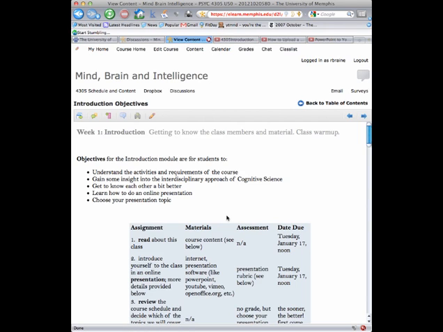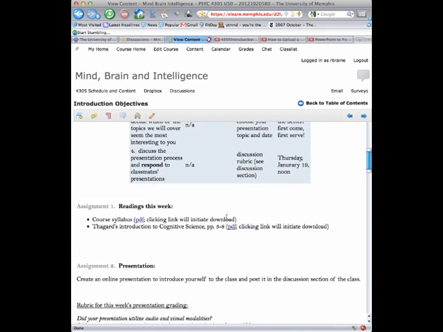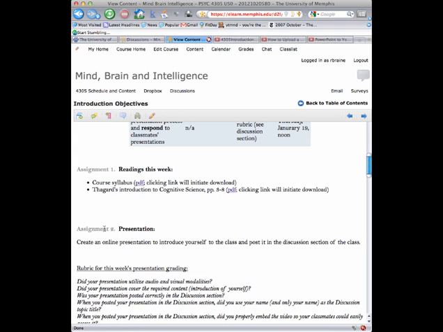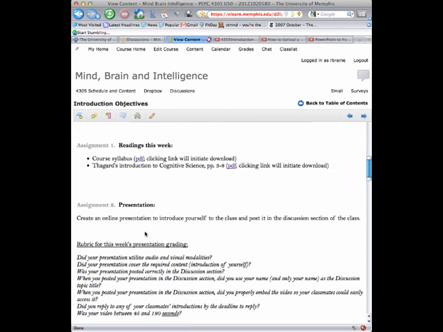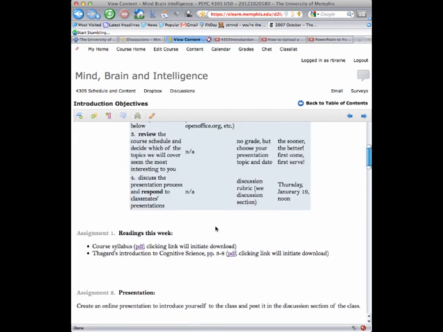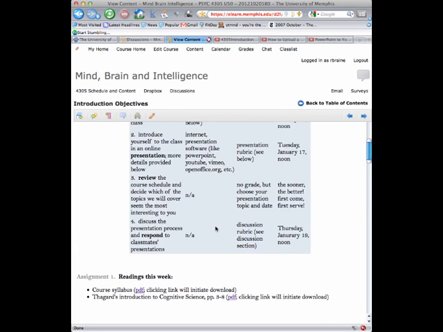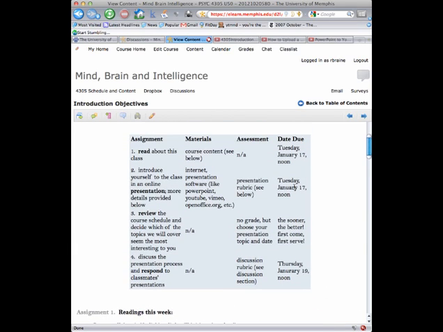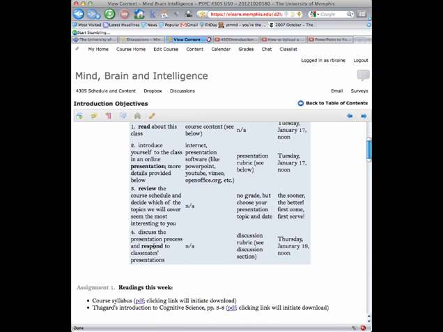Back to this week's page, you can see what we're talking about is your second assignment for the week, which is to create this online presentation. Keep in mind that it's due on Tuesday at noon, okay? You also need to respond to your classmates' presentations by Thursday the 19th. This can be done in text. This needs to be done in a YouTube video embedded in the